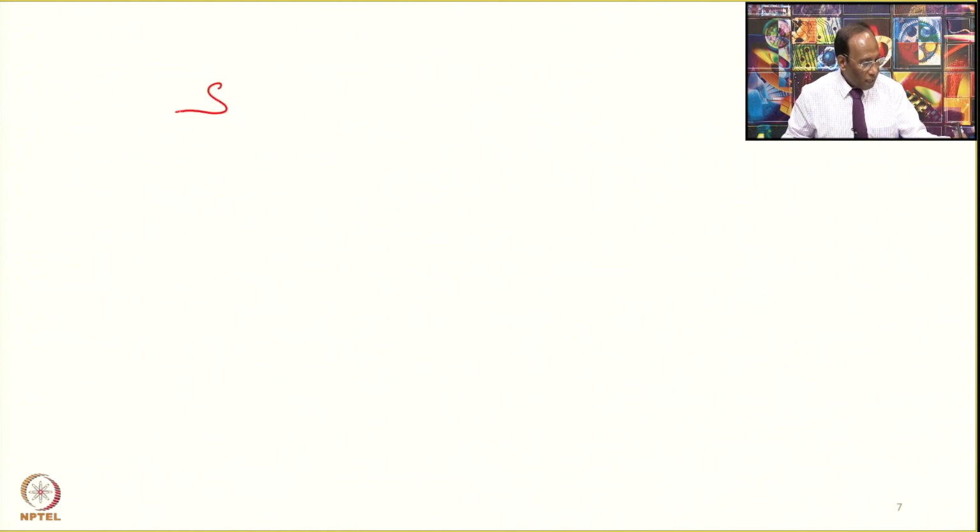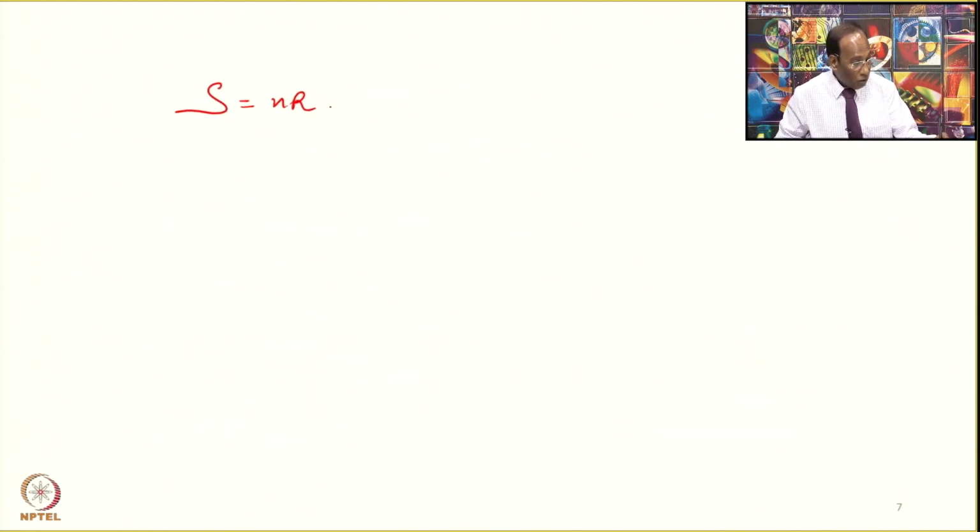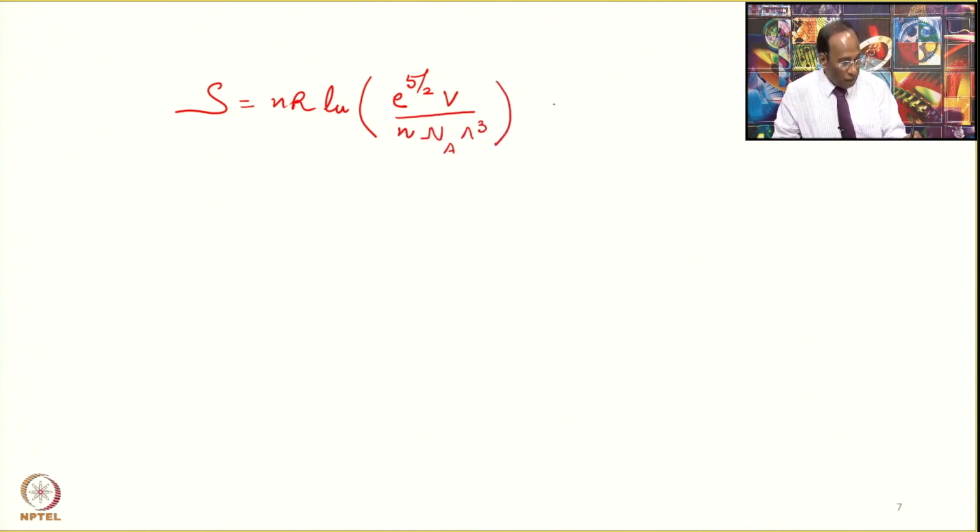What I have now is S is equal to nR log exponential 5 by 2 V over n Avogadro constant lambda cubed, where lambda is equal to beta h square over 2 pi m raised to the power 1 by 2,